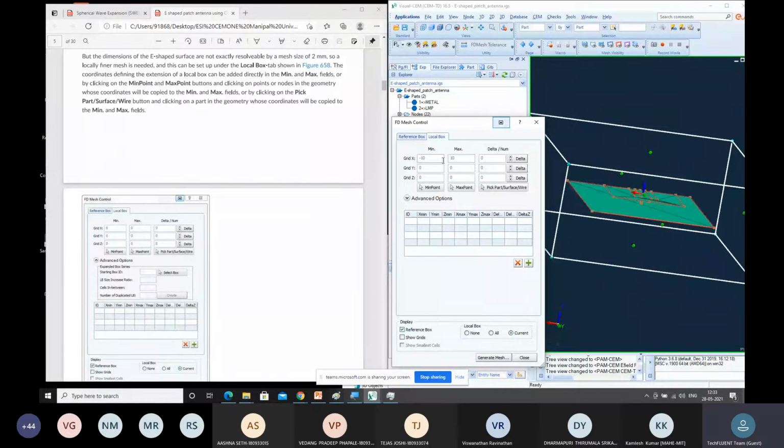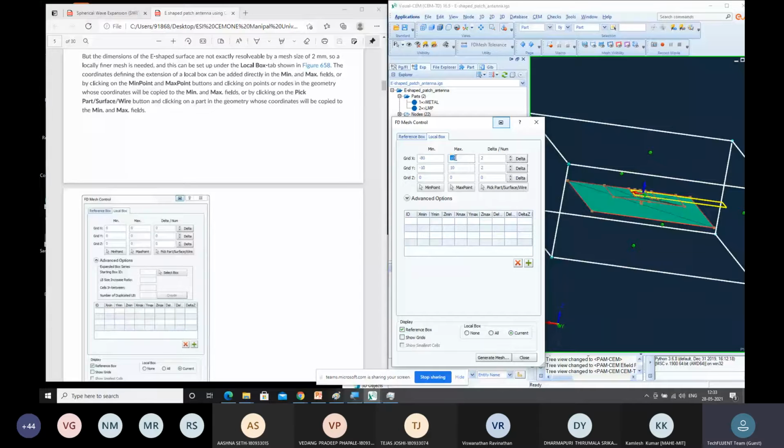And I put a delta as 2, and similarly the same dimensions for y also, minus 10 to plus 10. Put a delta t as 2. So if you see from minus 10 to plus 10, I'm getting only this particular region. It's not covering the complete part. So I'll scale it up to minus 80 to plus 80. Okay, so it's covering somewhat.